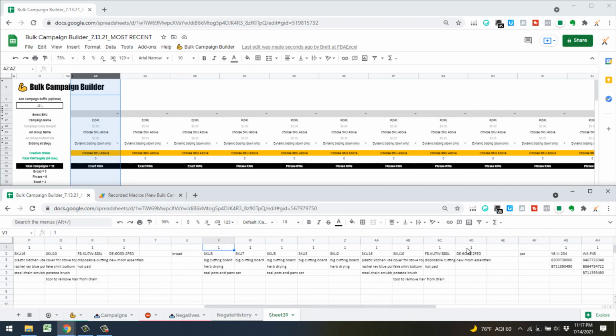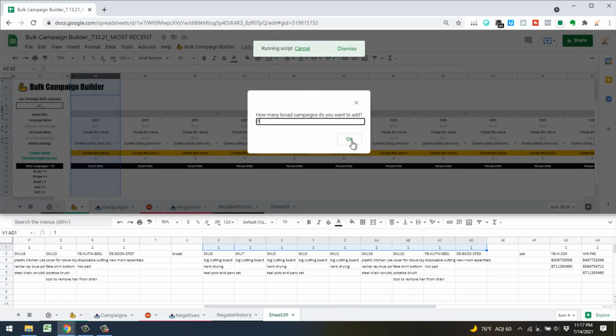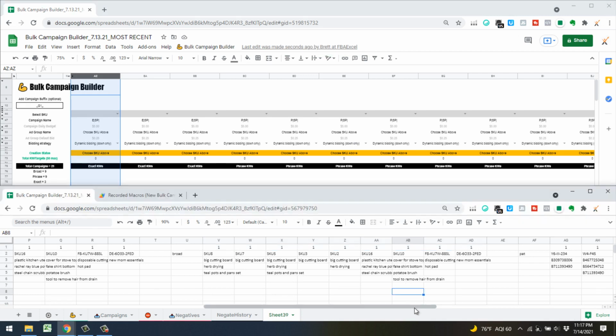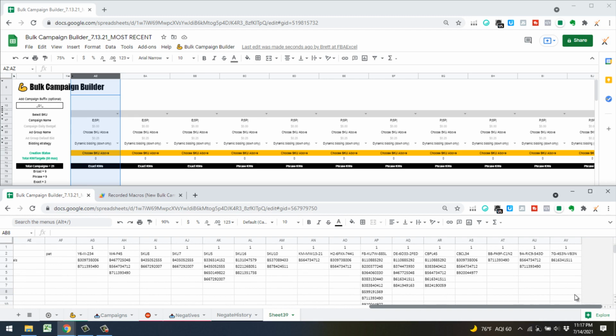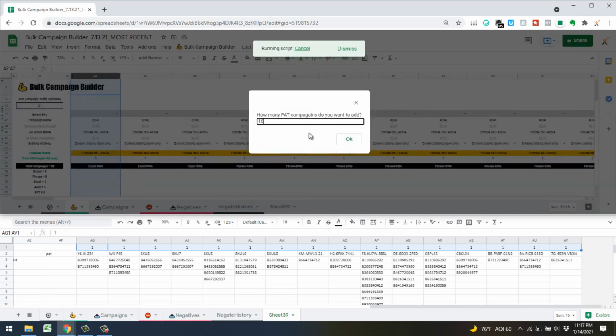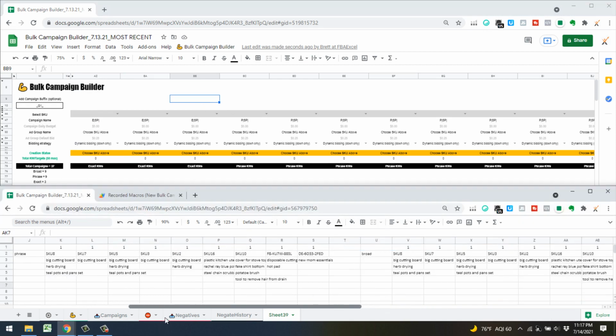We've got 9 broad. And finally, we've got 16 new ASIN targeting campaigns. All right, so once we've got that, we're just going to scroll back to the beginning here,